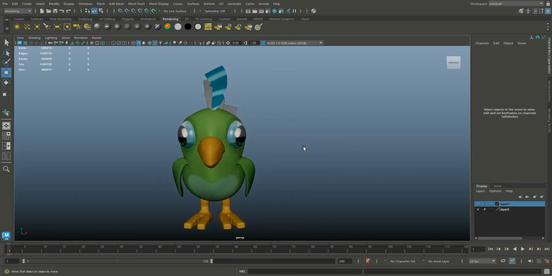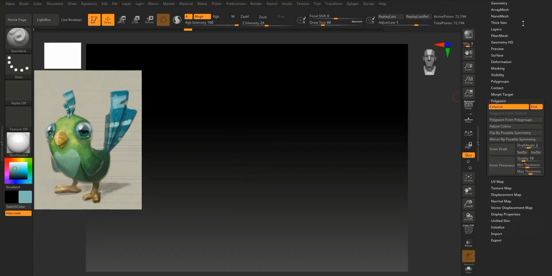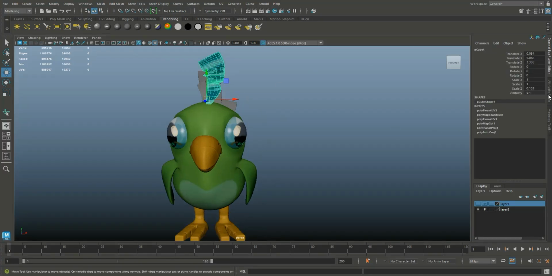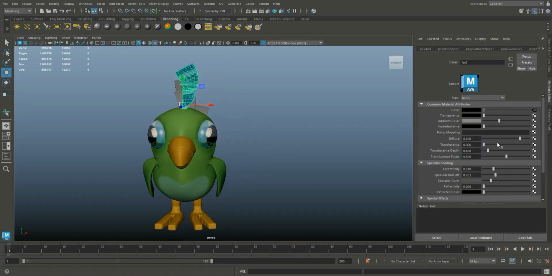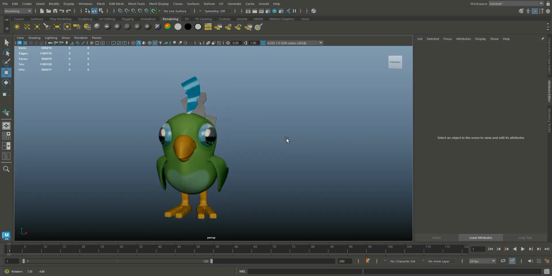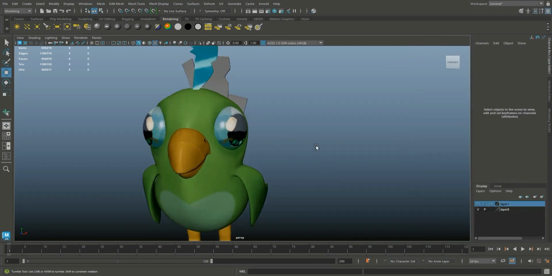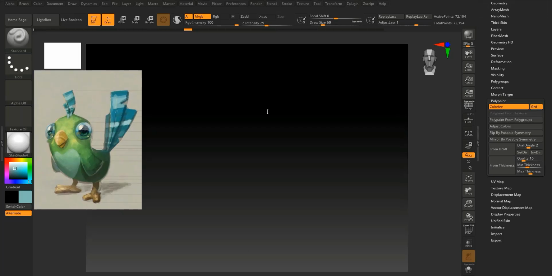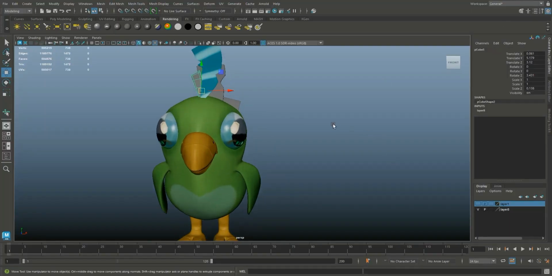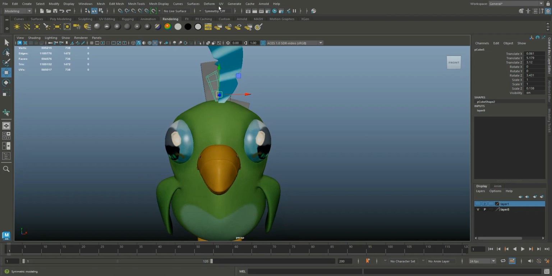And then importing in. So I'm planar mapping this one like I have done those